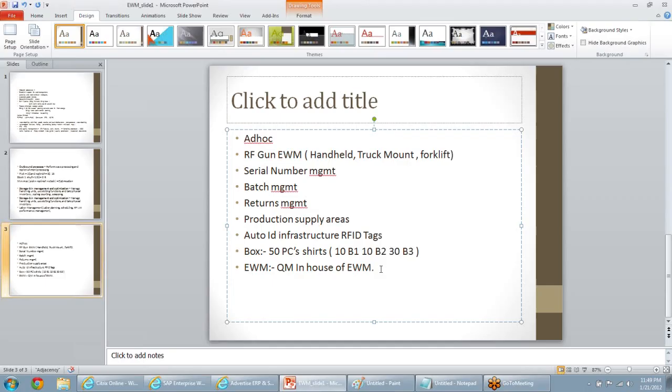So suppose you have continuous manufacturing. I was telling you one scenario, the production supply areas. You can supply the goods from the EWM managed warehouse to the production supply area. So that way, this scenario is supported. And if you want rigorous QM, you can integrate the EWM inspection document to the ERP QM, or you can put it to an external quality management system. The decision will happen in the external quality management system, and the result will be passed back to the EWM system. So you have these options available based on what level of quality you want to check.